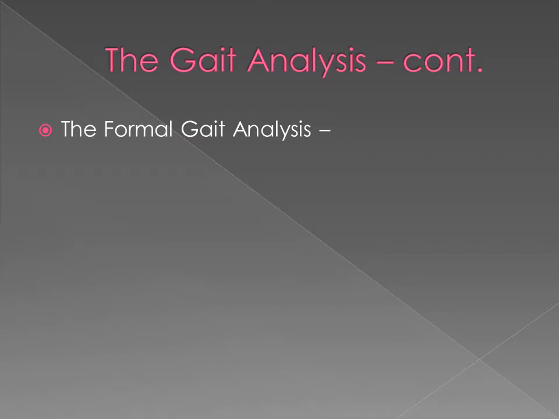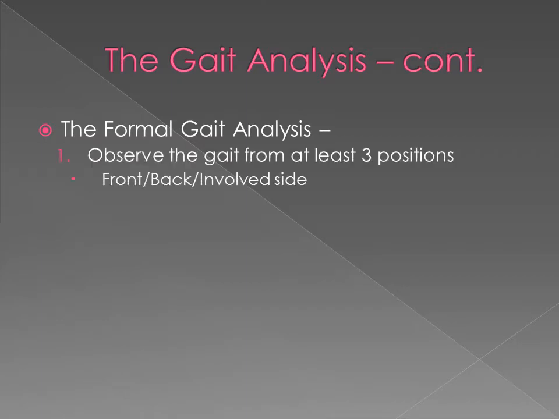And there's several steps involved with the formal gait analysis. What you want to do is observe the gait from at least 3 positions, and you want to be able to observe the gait over a substantial distance so that you can determine the consistency of the gait finding, and you can define the gait finding. That requires a considerable distance where the injured worker is allowed to take several steps, at least 10 to 15 steps, so that you can detect and identify